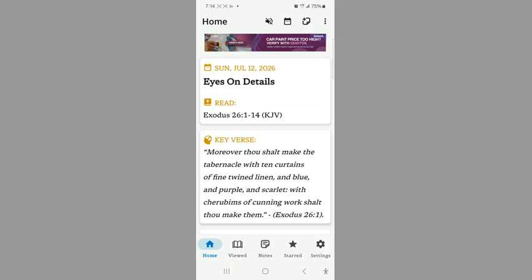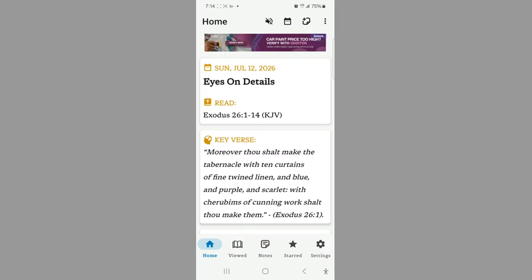Verse 3. The 5 curtains shall be coupled together one to another, and other 5 curtains shall be coupled one to another. Verse 4. And thou shalt make loops of blue upon the edge of the one curtain from the selvedge and the coupling, and likewise shalt thou make in the uttermost edge of another curtain in the coupling of the second. Verse 5. 50 loops shalt thou make in the one curtain, and 50 loops shalt thou make in